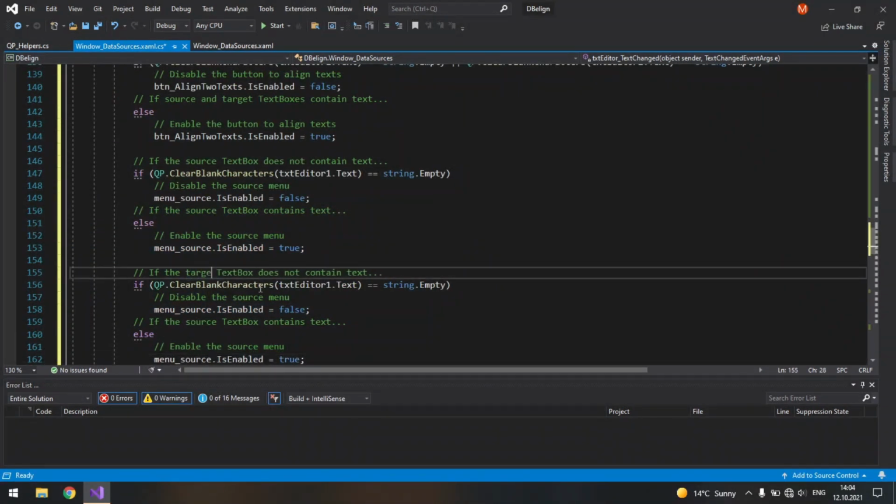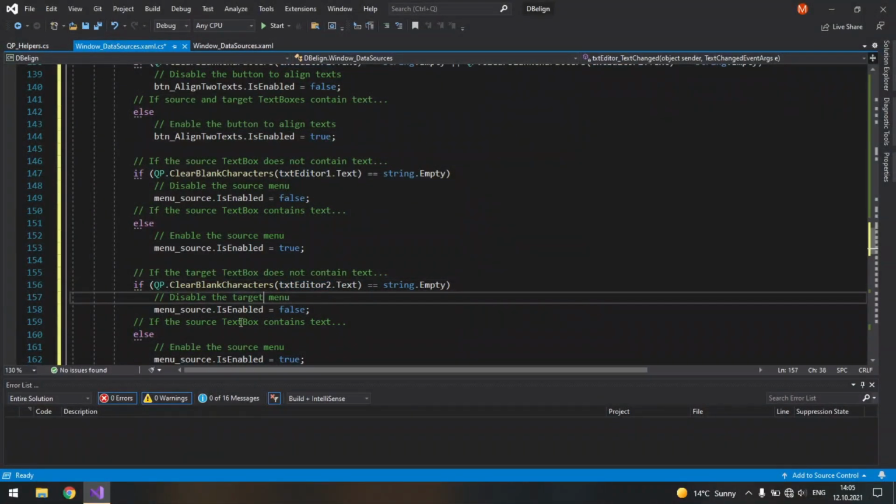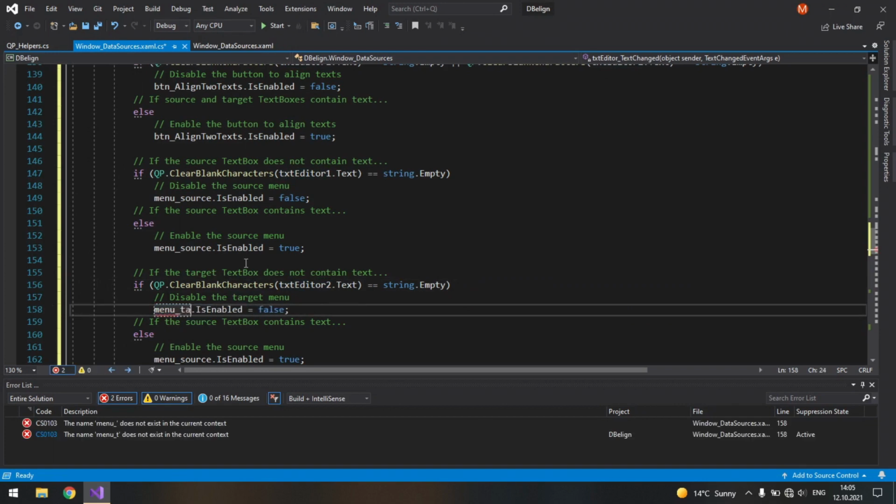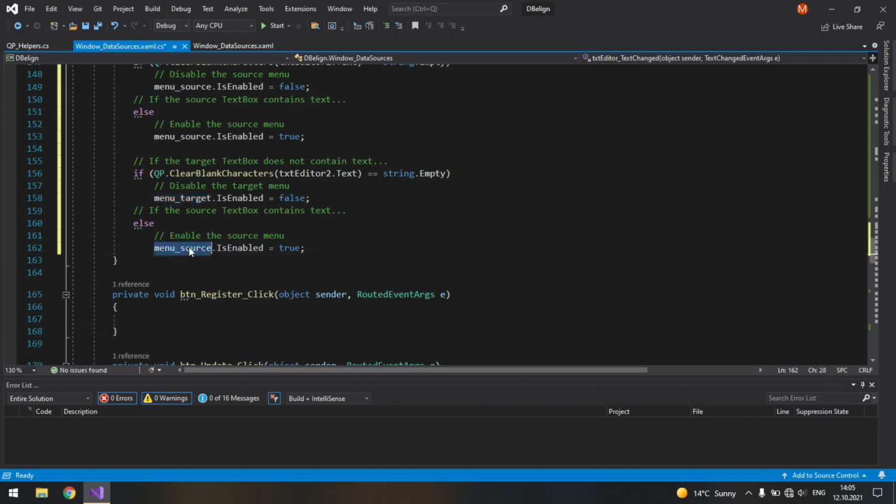So if the target text box doesn't contain text, txt editor 2 text, disable the target menu underscore target, I guess. Yeah. And if the target text box contains text, enable the target menu.